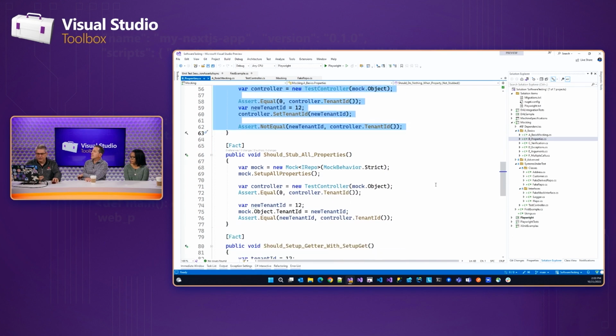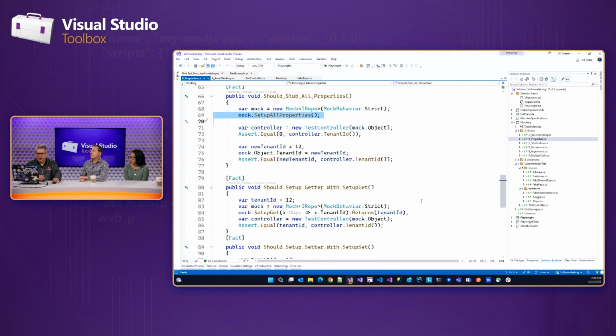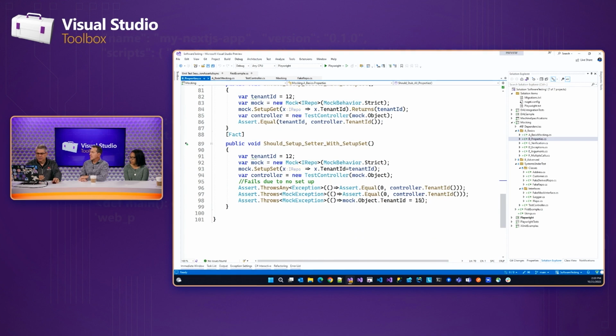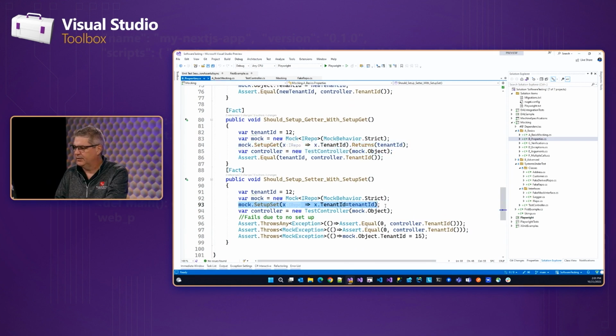And then you could also set up all properties. And so then I say, you know what? Stub out all properties. The default value or the initial value could be the default for the data type, but at least it's there. So then I can call different setups or setters and getters on it. Okay. And then these are just some additional ways I can call setup get, which I don't recommend, but I can also call setup set. And this is only setting up the getter or the setter, not the opposite end. So again, really the way we want to do this is call setup property.